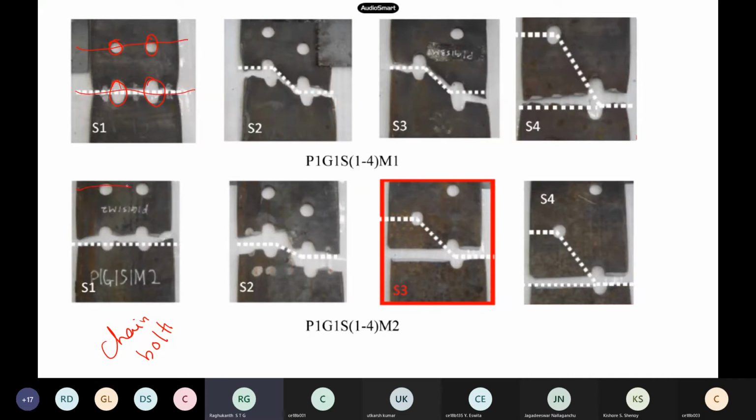Here it has not failed. Here you can see the section has ruptured along this line, that same tensile area that we predicted. This is perfectly fine. Now when it comes to staggered bolting, you will see a variety of patterns. How has it failed here? This is staggered bolting, with 2 bolts here. What is the failure plane here? Is it horizontal, or how is the failure plane looking?